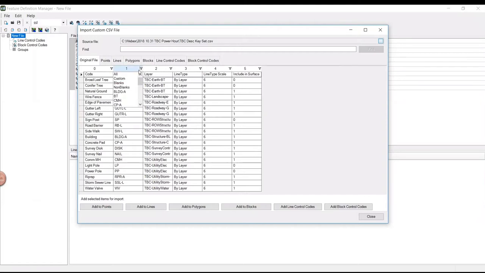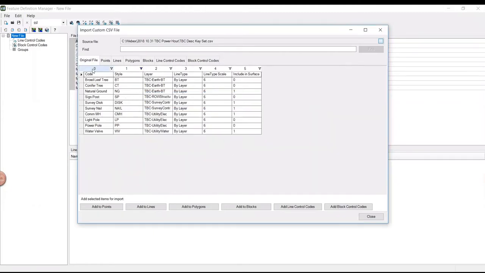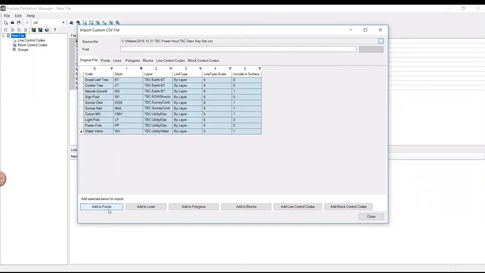So I'm going to use this little filter button and go to Custom. I know all my line codes have this suffix of -L, and all my polygons have -A. So if I want to just filter out all of my point codes, I can say, give me everything that does not include -L and does not include -A. Now FDM gives me all the point codes. I can select them all, add to points,